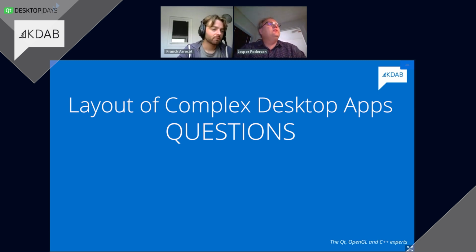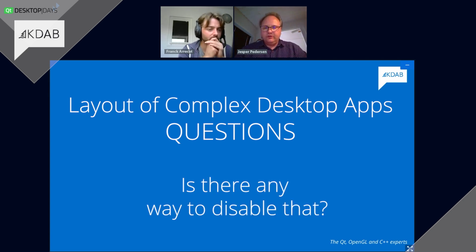We had a question from Andre, who is talking about the stacked layout you showed us, where it was taking a lot of time because it was setting up the focus handling. His question is: is there no way of disabling that? Could you, for example, set up the focus path yourself and that way bypass that code?